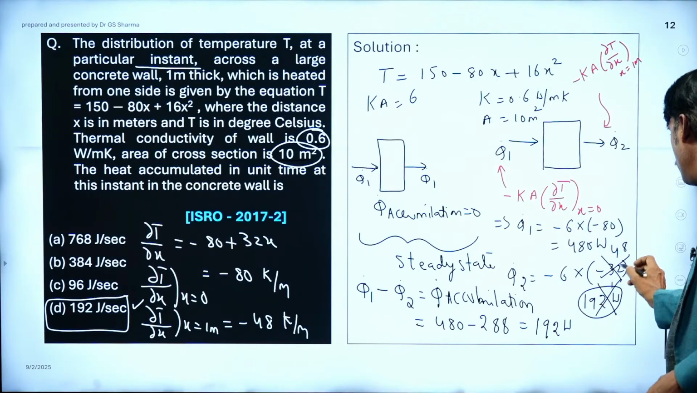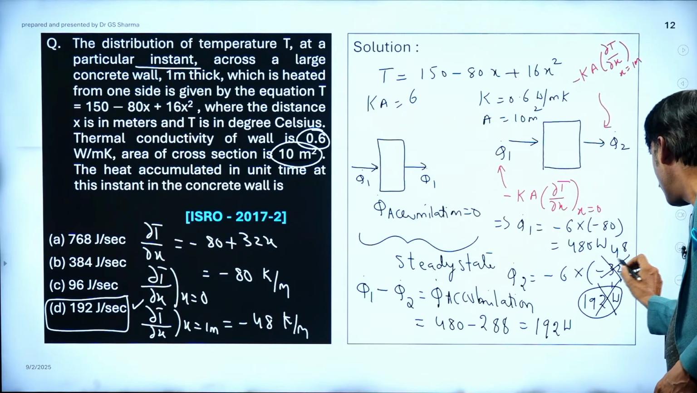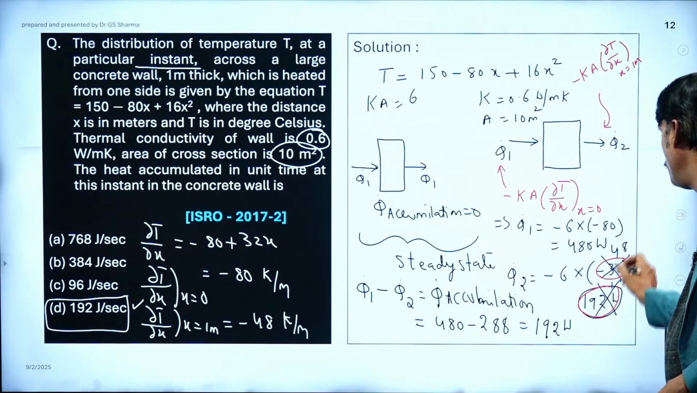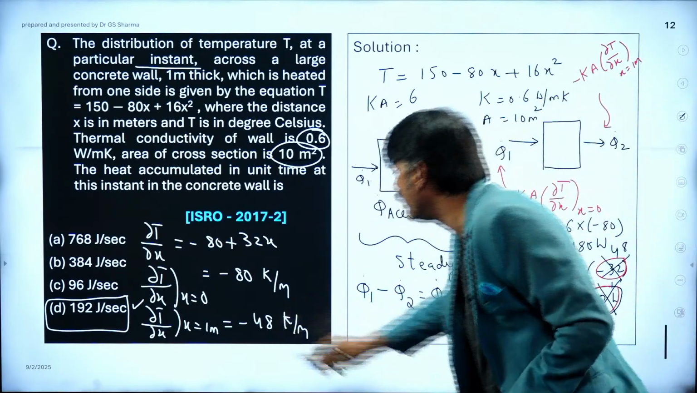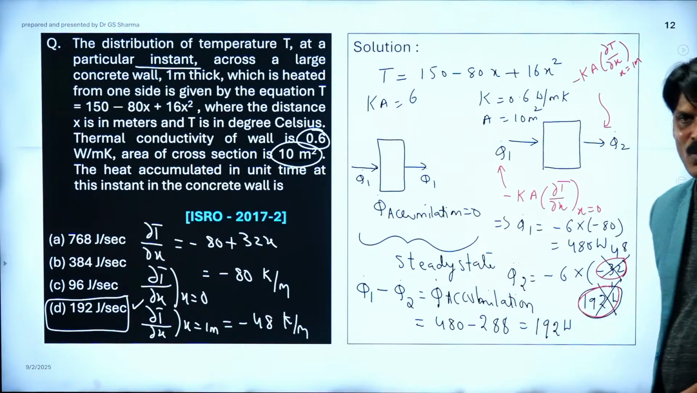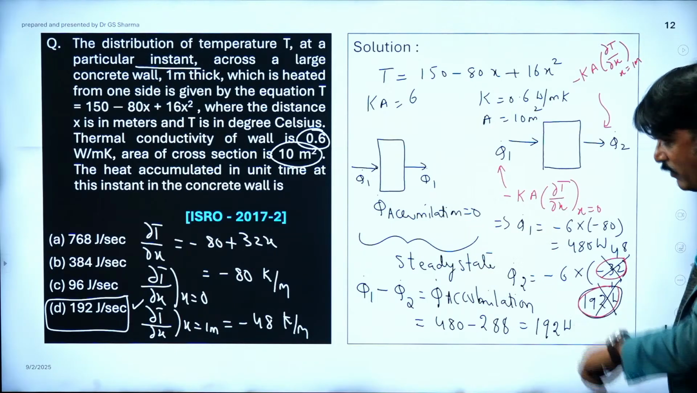What I did, in fact, I should not have. I took this value as 32. That's why I was getting 192 earlier, but it is not 32, it is 48, which I got here, from minus Ka dou T by dou X at X equal to 1 meter. Then